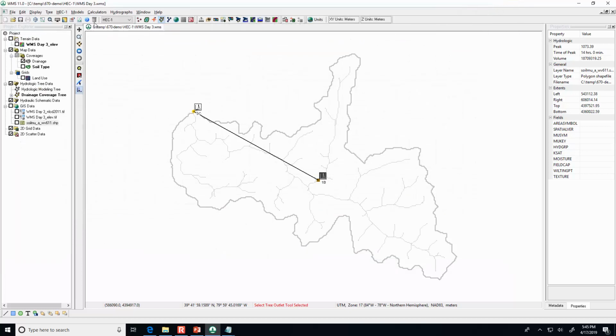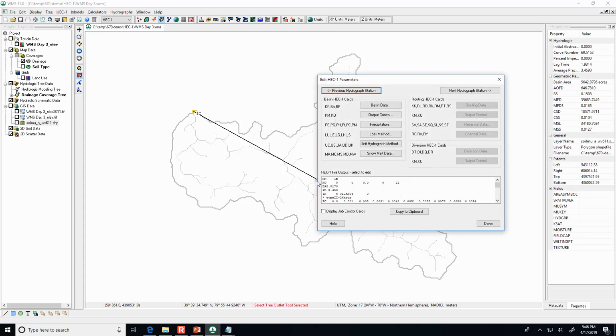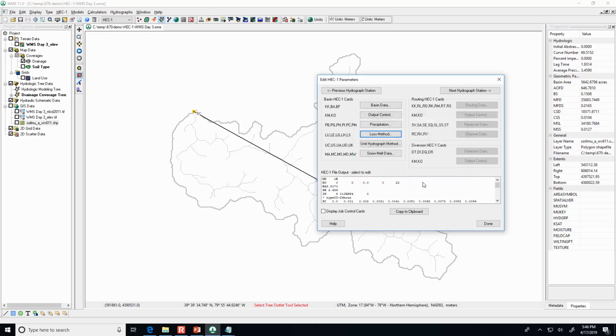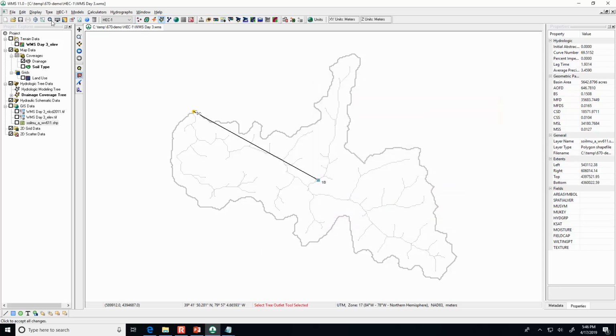So what's nice about this, let's go to Hydrograph, Delete Previous, and it makes that one go away. We can change things. Like if we wanted to say, what then happens? That was for a curve number of 69. What if the curve number was actually 65? So click OK and done.